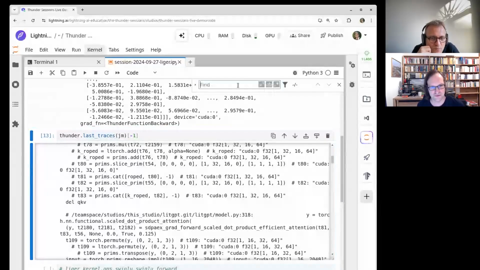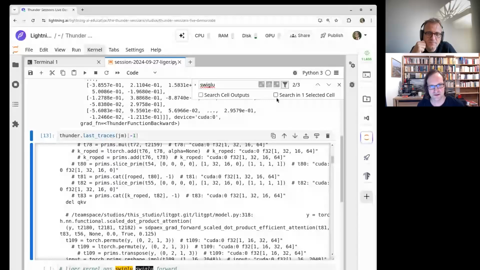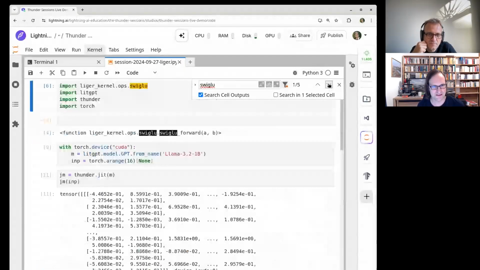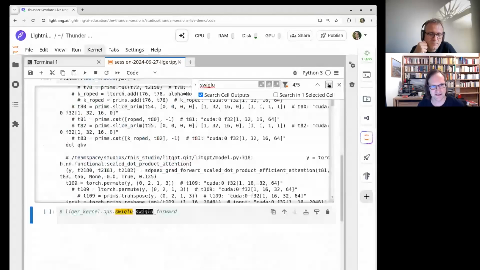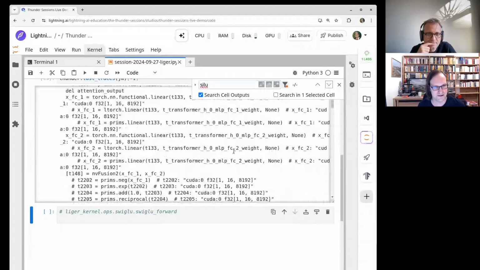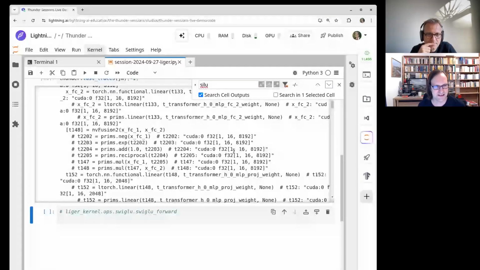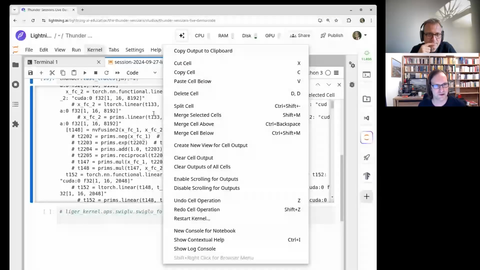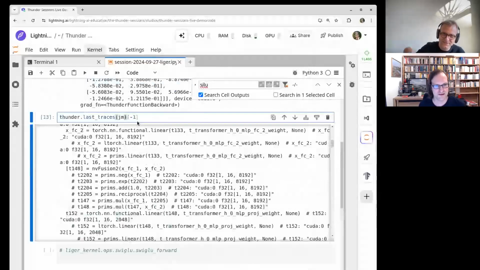If we search for SwiGLU in the cell outputs, we have it somewhere, but no, we're not seeing it. But if we look at the silu, which was mentioned in there, I think we should see that, right? But we don't see it here. We need to go back. Oh yeah, because it's the last trace, right?